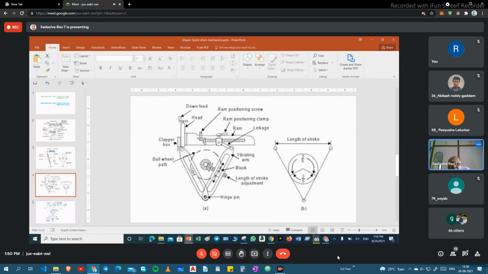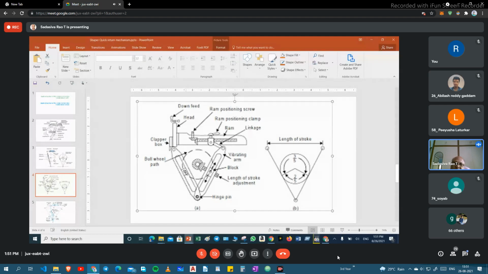Same here, another. Same thing, the total one is the length of the stroke, and in this the sliding block rotates. So this is the arrangement.